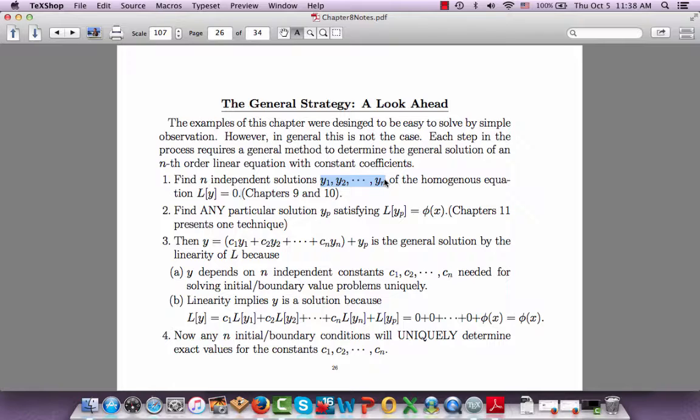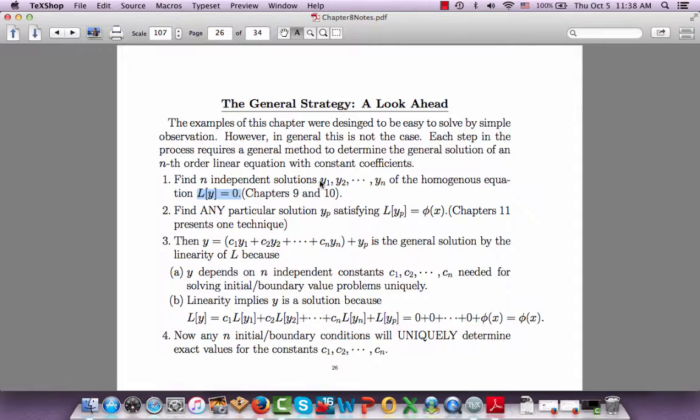Really, all it comes down to is identifying a certain polynomial and then finding the roots of it. So when does that polynomial equal 0? Those numbers are going to tell you how to define these functions, y1 through yn. It's very simple, and you can use a computer to find all the real and complex roots of the polynomial. But we have to interpret those numbers correctly, and that's what we're going to do in the rest of the course. So that's what our first step is always going to be: solve that simpler problem, the homogeneous problem,